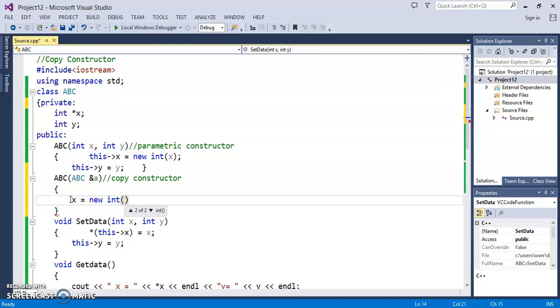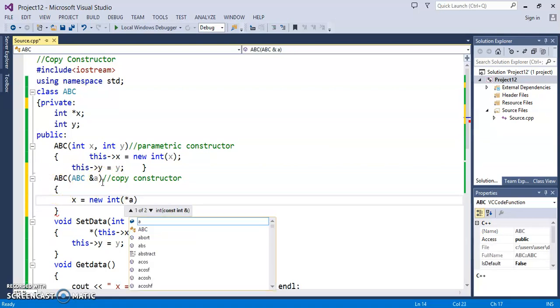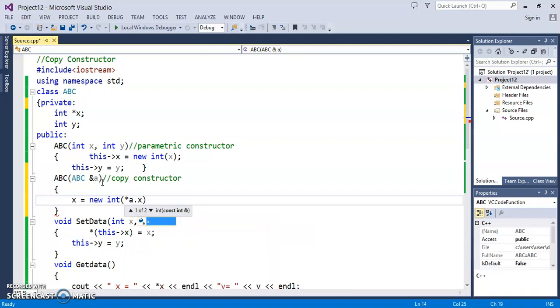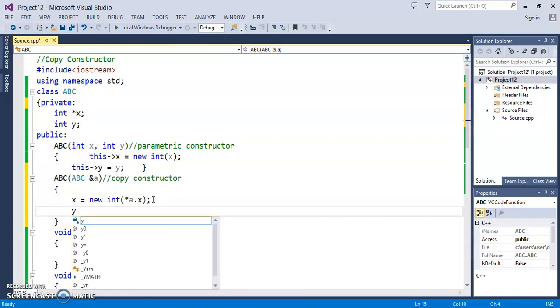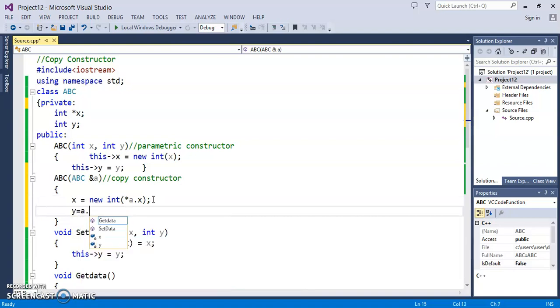We want to assign whatever the value of X of A is. So it will be *A.X, and then Y is simply A.Y. So here we now define our copy constructor. X is equal to new int(*A.X).